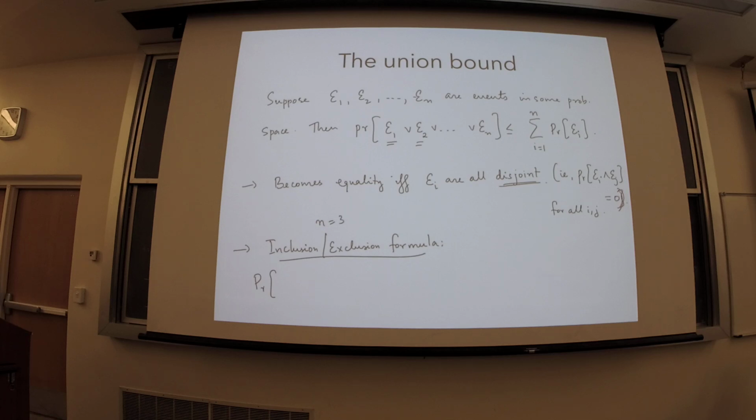It is something like the probability of E1, minus the probability of E1 and E2, plus the probability of E3, and so on, plus the probability of